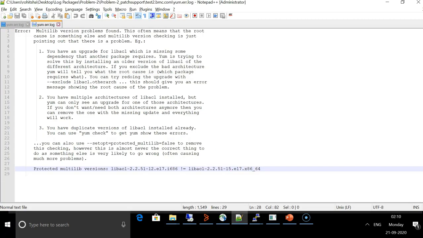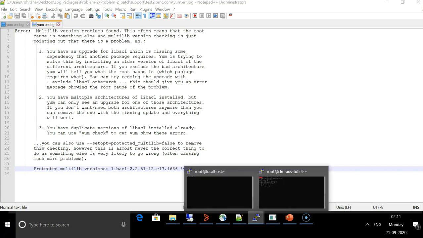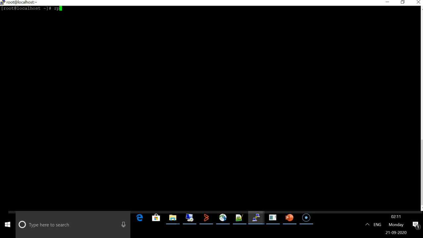So we can see that this is the multilib error message, which is a general message that gets displayed when yum encounters a multilib problem, which generally indicates that there is a problem with a certain RPM architecture of a certain RPM. The RPM for which we are seeing this error in this scenario is libacl. So let's see if this libacl RPM is actually present on the server or not. We'll log into the server and check if libacl is actually present.